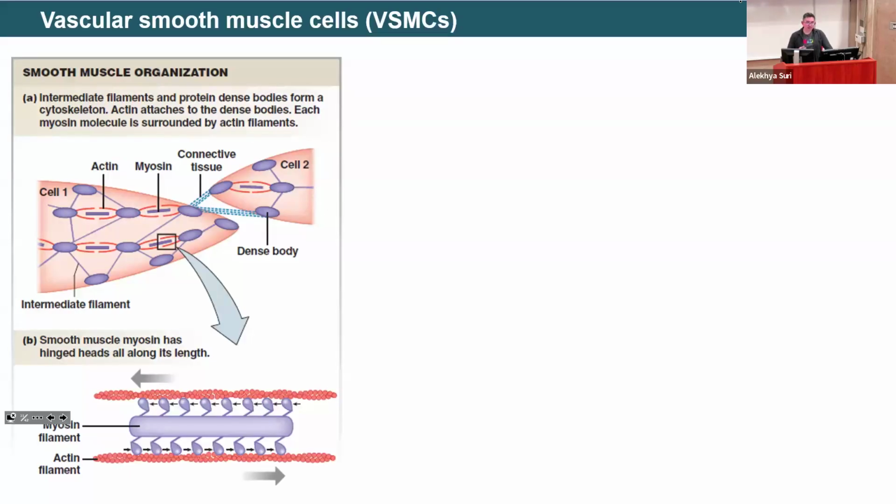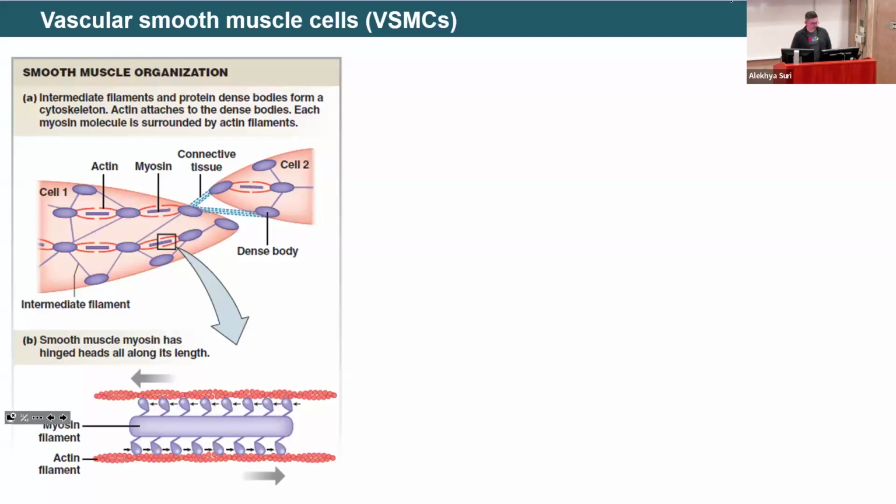And dense bodies contain several scaffolding proteins that are kind of akin to the structural beams in a building, right? So these are basically thick anchoring pillars that the actin filaments can actually attach to, right? And then the myosin filaments are sort of found in between, so that when myosin contracts and generates